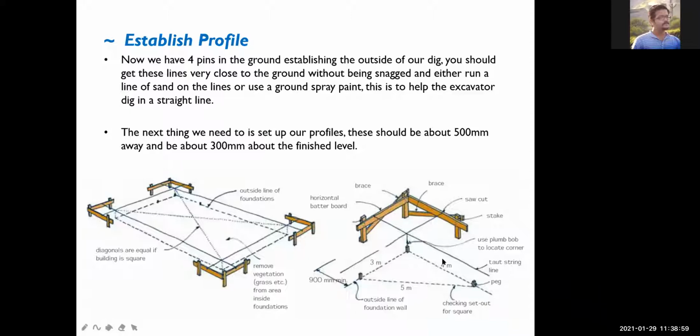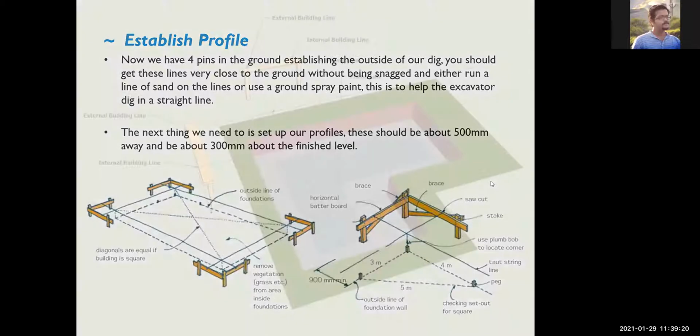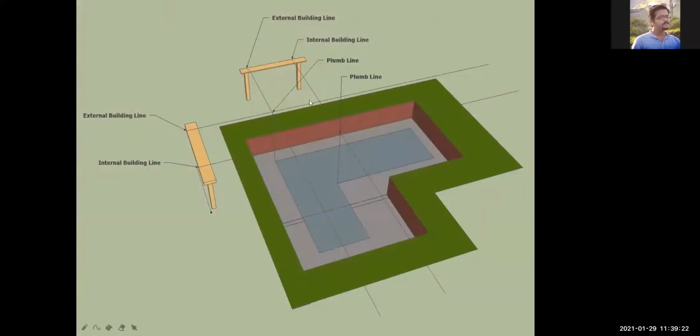See, 3 4 5 method, very very important. 3 4 5 method पे first 90-degree angle set करके रखा हुआ है. Using the pegs, these might not be relevant as per the center line, but this is very relevant in terms of establishing the 90-degree. Then this is how this becomes the profile corners.